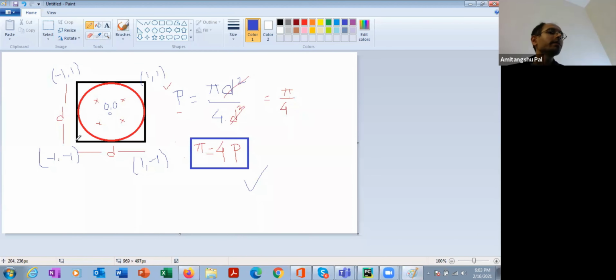That means each time I'm going to generate two random numbers x and y, where x is in between -1 to +1, and y is also in between -1 to +1. So every time I'm going to generate two random coordinates, both in between -1 to +1, and then I'm going to check whether this random coordinate is inside this circle or not.